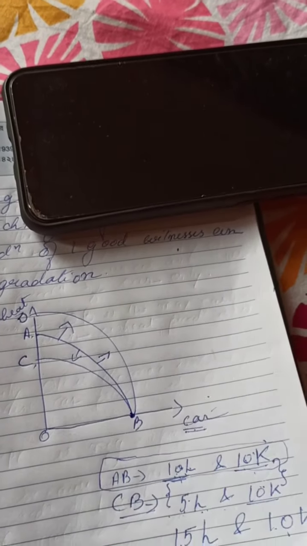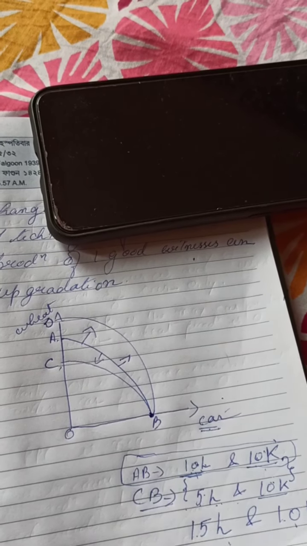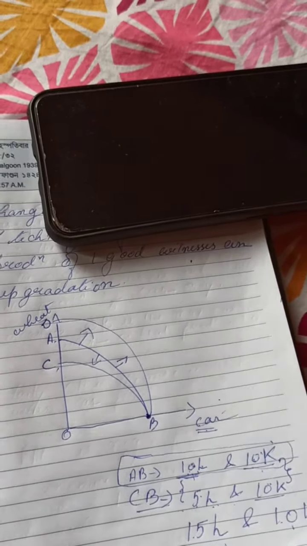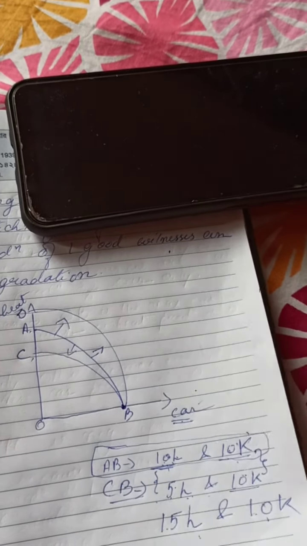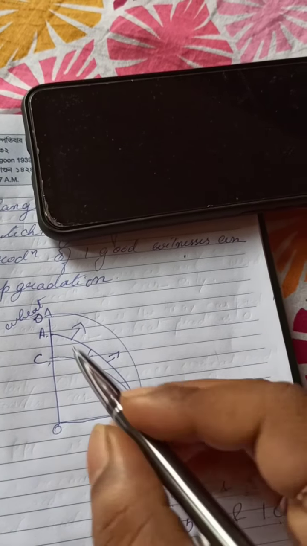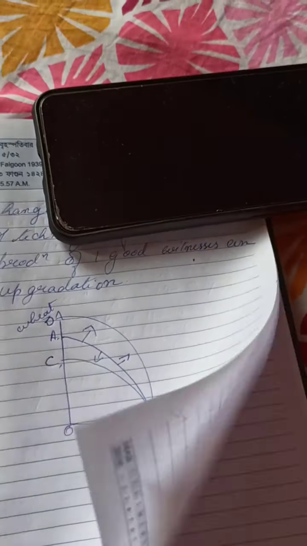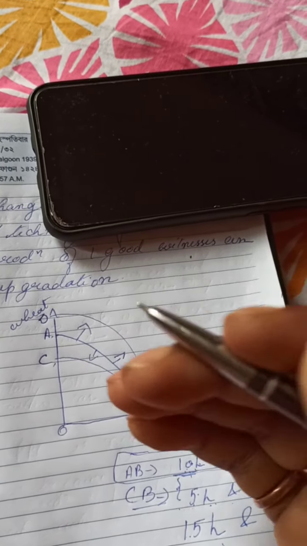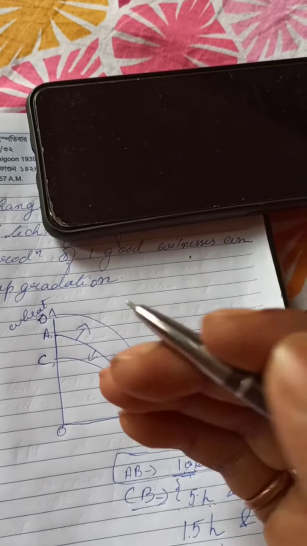However, if both the intercepts have shifted or changed, then we call it shifting. Here only one intercept is changing and the other has remained fixed, so this is a clear case of rotation. And when the resource increases, the PPC rotates outwards, or you can say rightwards, and the PPC rotates inwards in case of resource decrement.